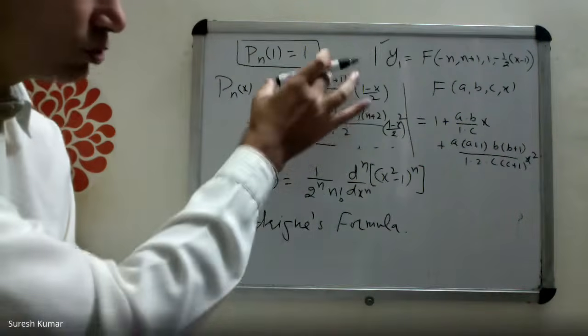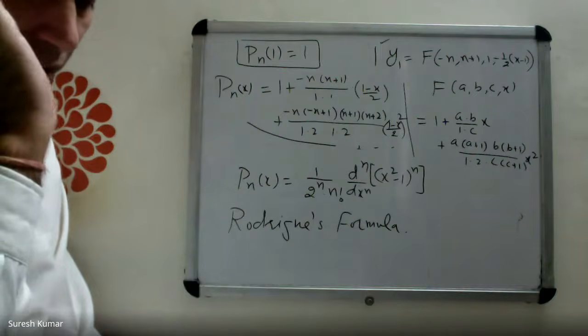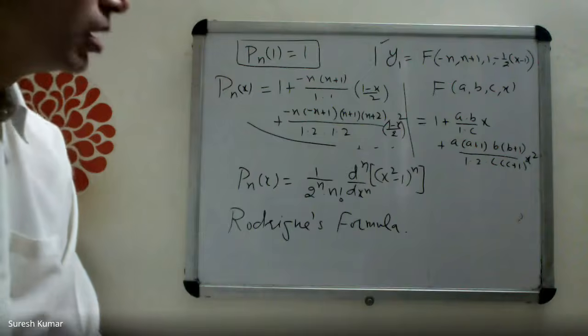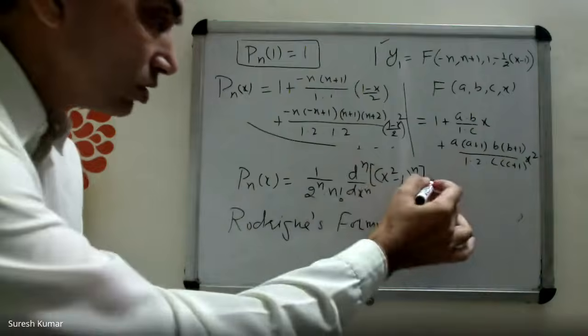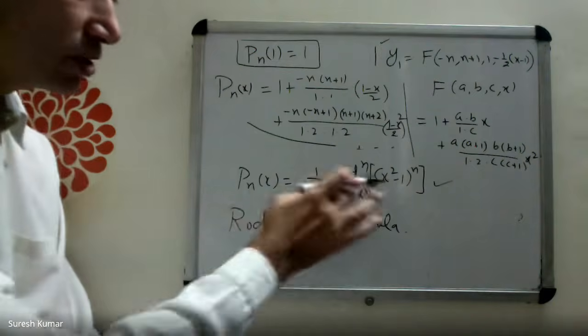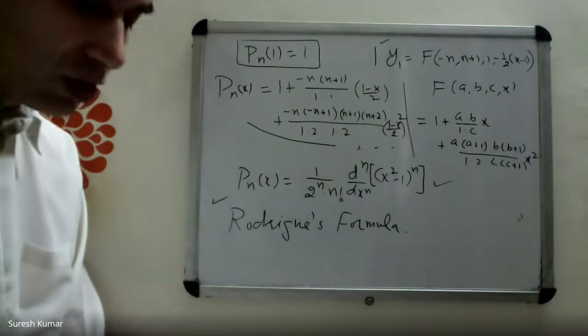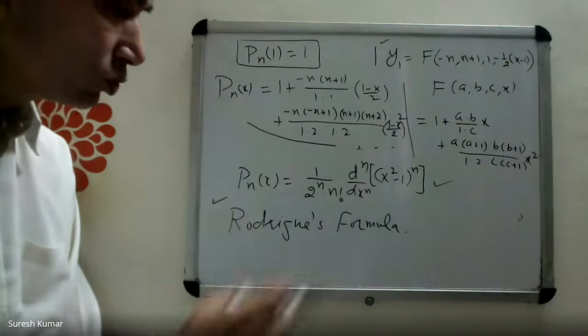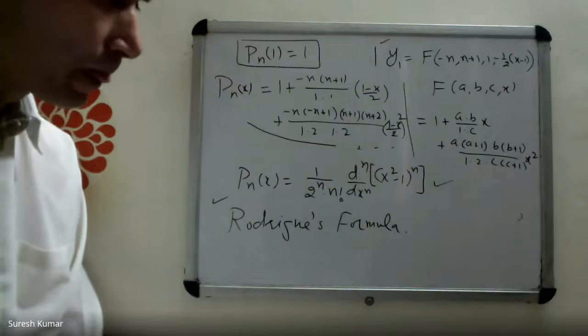One way is that you rearrange these terms. There is a very lengthy calculation given in the textbook. You can see that. So after a lot of algebraic manipulations, you can reach this step. You can prove that Pn(x) is this. Second way is, for Rodrigues formula, there is another approach to prove it. We will do it, okay?